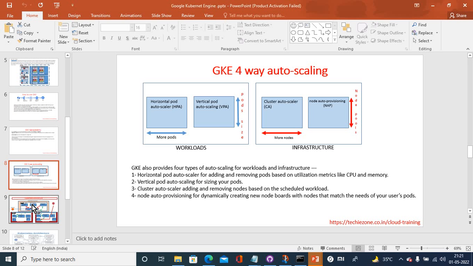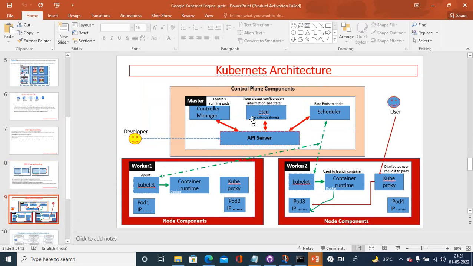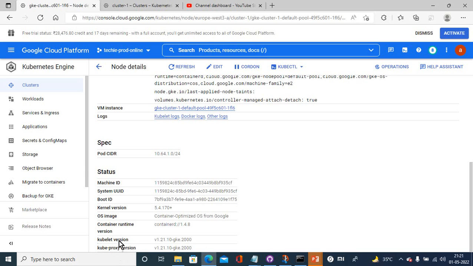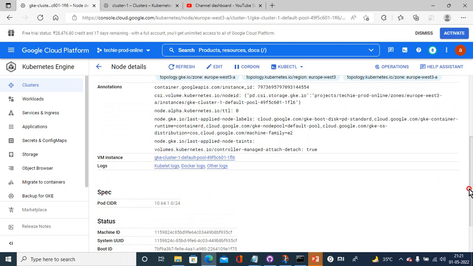So you can see the components here: controller manager, etcd, scheduler, and API server. These are the four components for the control plane. And for the worker, or you can say for the cluster node, kubelet, container runtime, kube proxy. So the same thing, kubelet version and kube proxy version are here. You can see the versions, and this is the container runtime version, containerd 1.4.8. So going to the top,